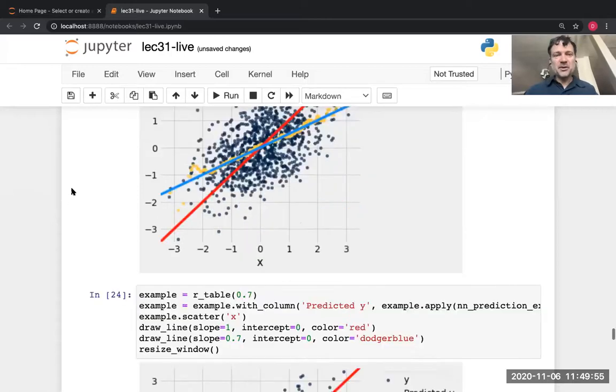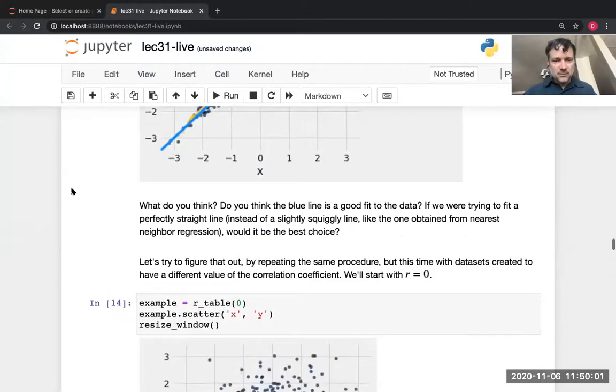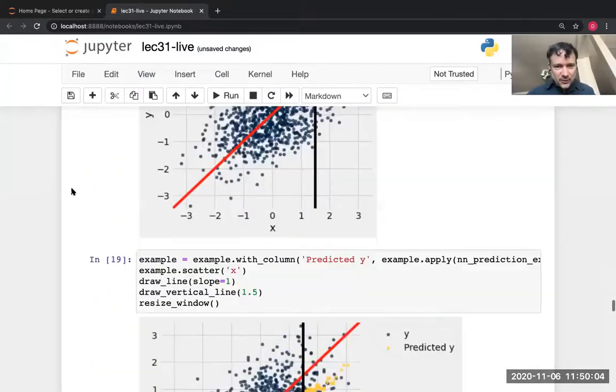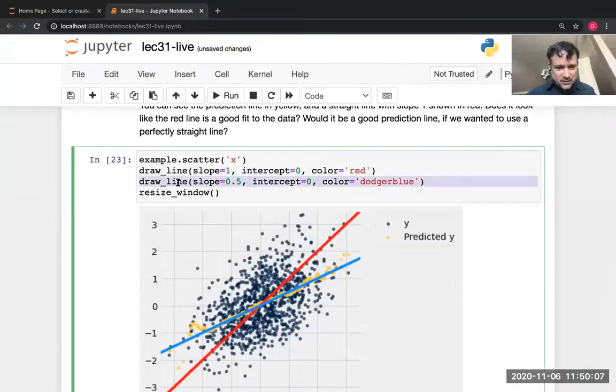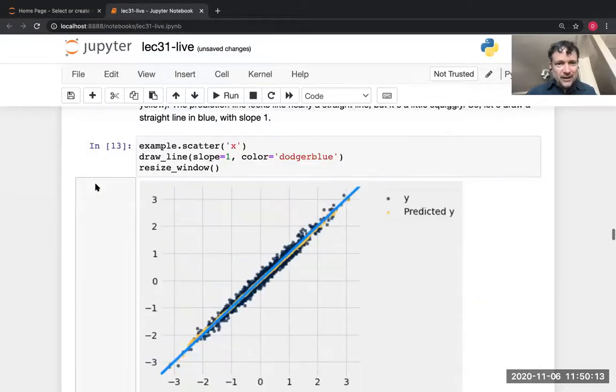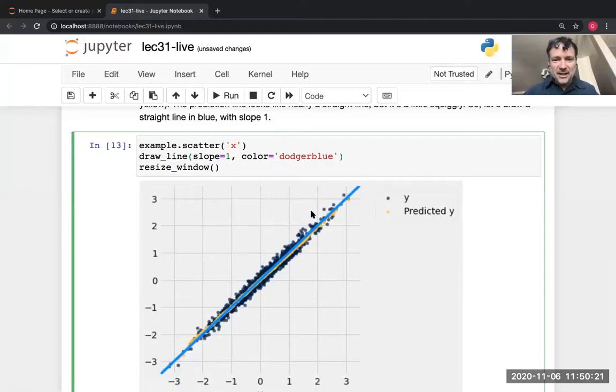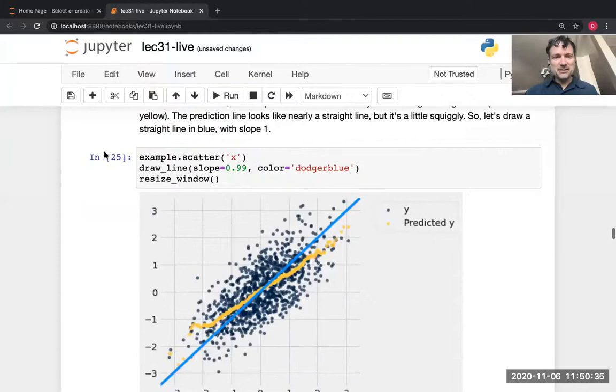So if we go up and review where we started, I'm sorry for all the scrolling. I need to find where I was. All the way up at the top, we had r equals 0.99. And I drew here a line that was a slope of 1. And I said, look at how closely that fits the yellow line. But that was actually not the best line. In retrospect, we should be suspicious. That blue line, if you look at it really closely, it's really close to the yellow line. But actually, the best line would have been